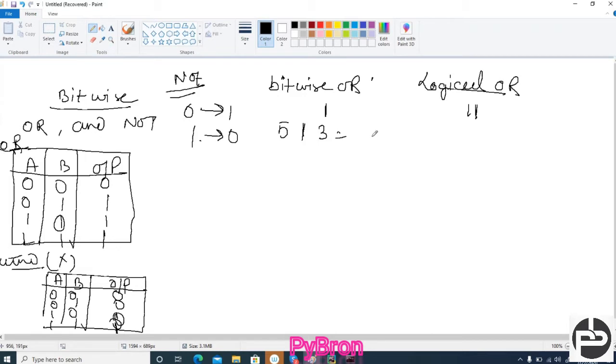For this, you have to convert this 5 and this 3 into binary bits.